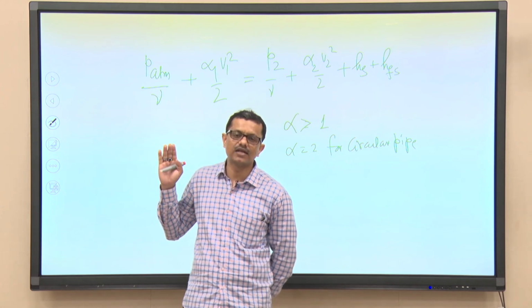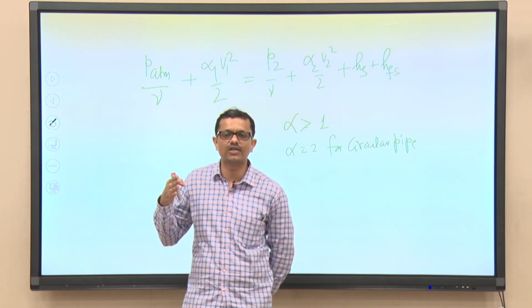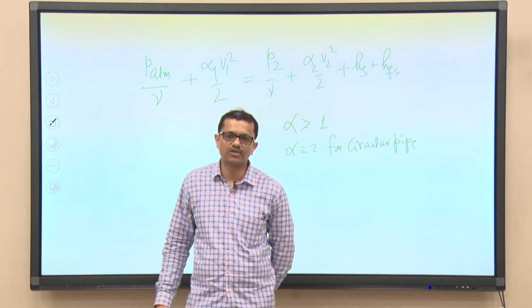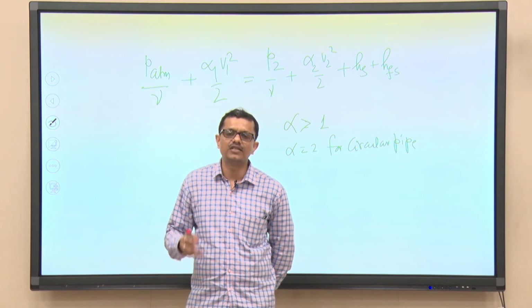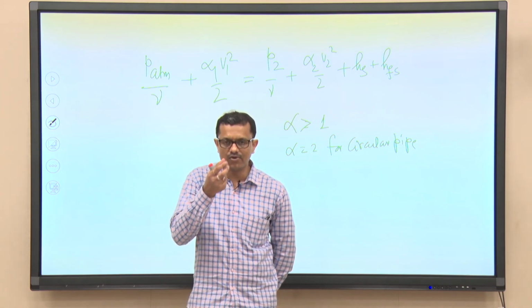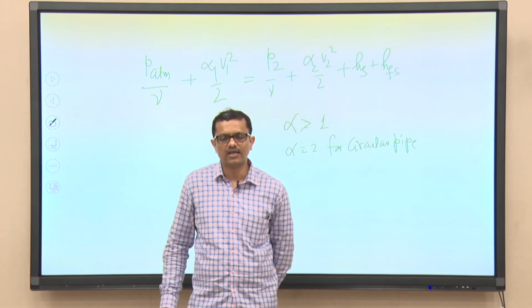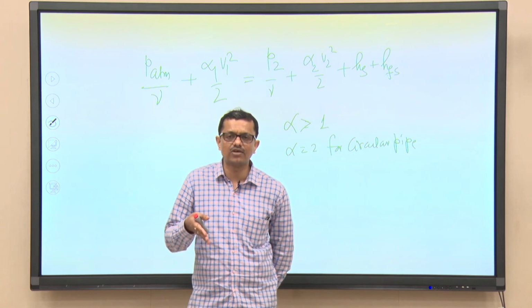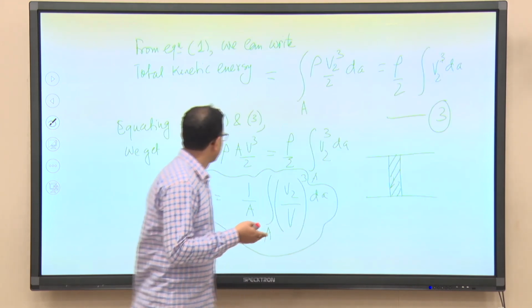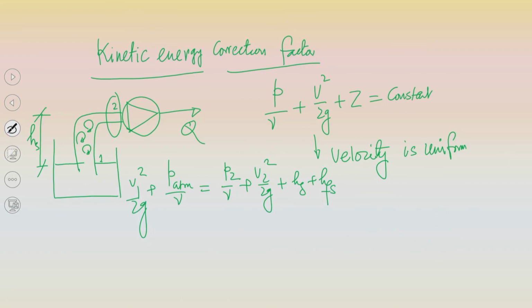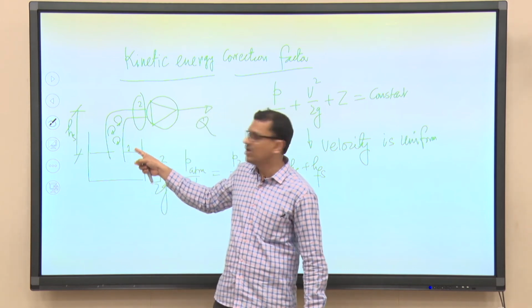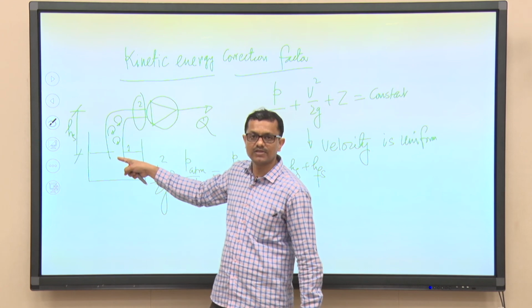So, that is coming from fluid mechanics, that velocity is not uniform, and this non-uniformity of the velocity distribution gives rise to the formation of vortices, and if vortices are formed, they will extract energy from the driving energy. If the driving energy is reduced at any cross section, then at that particular point, point 2, the pressure will definitely be less than atmospheric pressure, otherwise there will not be flow. So, the pressure at point 2 is less than atmospheric pressure, and that is why it is known as